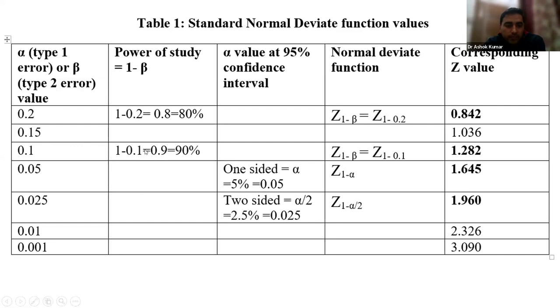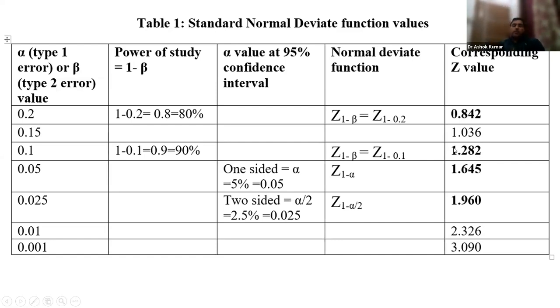We have to write down here 1 minus 0.1. So it is coming 0.9. It means 90%. In normal deviate function, z 1 minus beta is equal to z 1 minus 0.1. So if beta is 10% or power of study is 90%, then this corresponding z value is